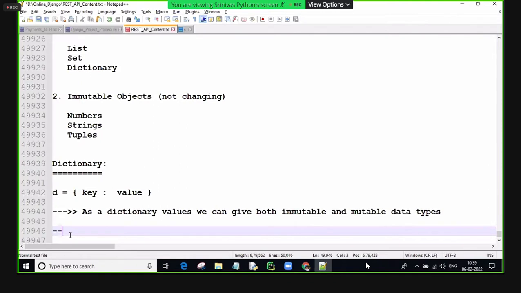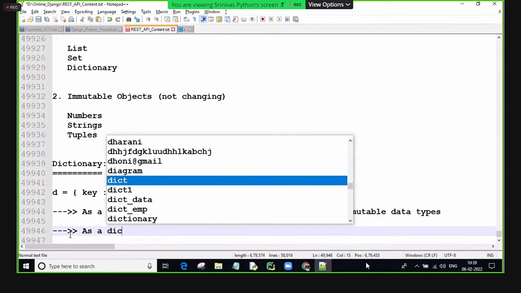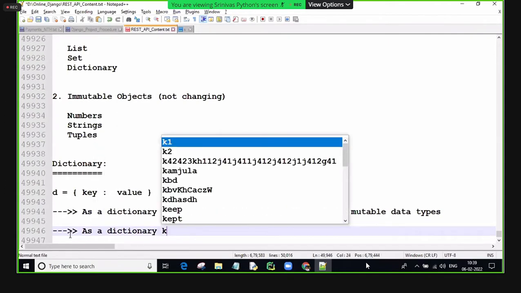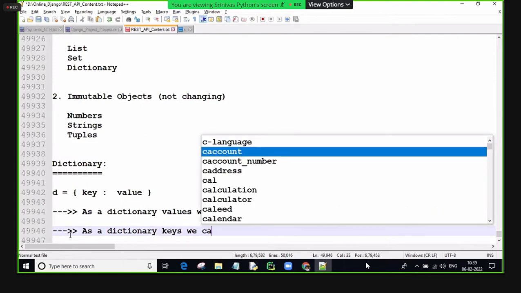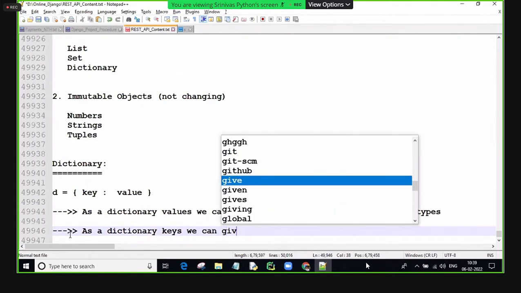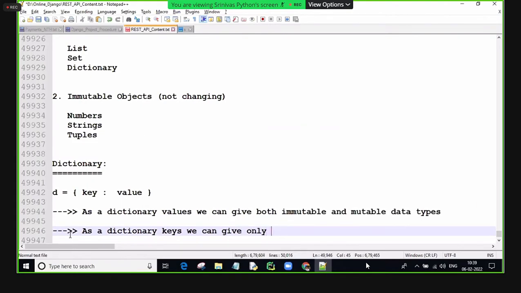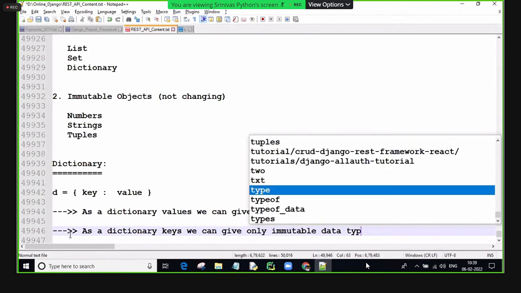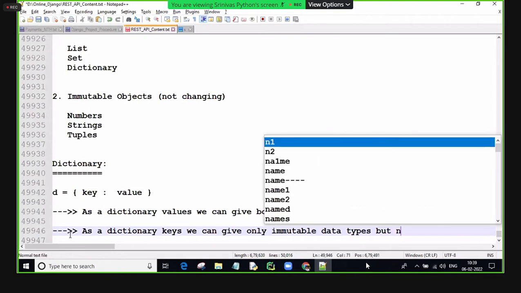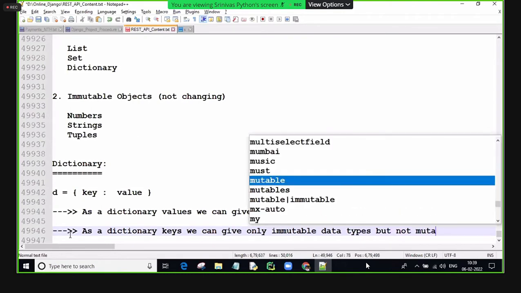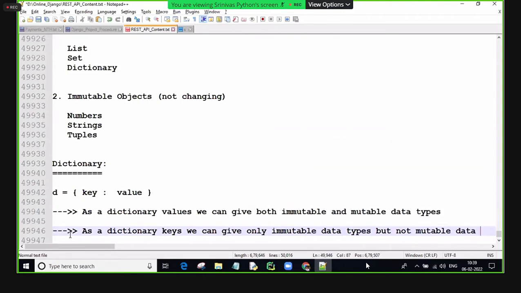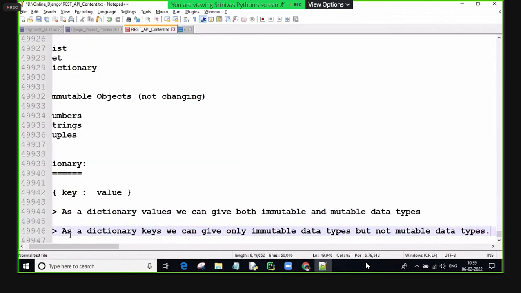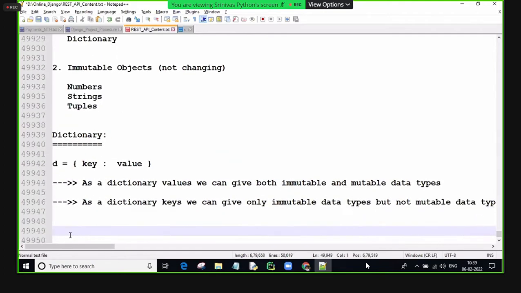That is the point. Here, a lot of questions you are getting, guys. As dictionary keys, we can give only immutable data types, but not mutable data types. Is this point clear, all people? Second point,